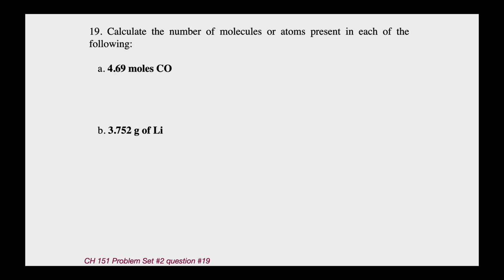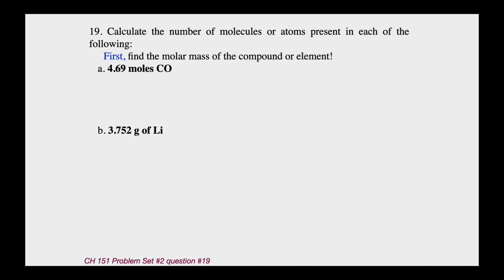Let's figure out the number of molecules or atoms present in each of the following. Now, anytime you're trying to find molecules or atoms, that's when Avogadro's number is going to kick in somewhere. And if you have the moles like you do on the first one, moles times Avogadro's number is going to give you the answer. So on the first one, 4.69 moles, we're going to multiply that by Avogadro's number, 6.022 times 10 to the 23rd. That's going to turn moles of CO into